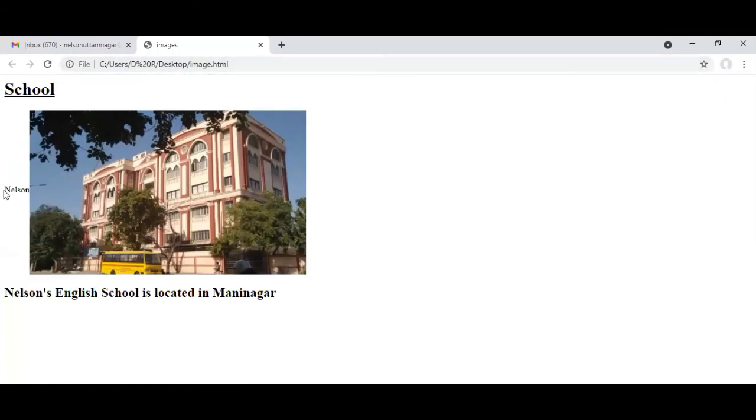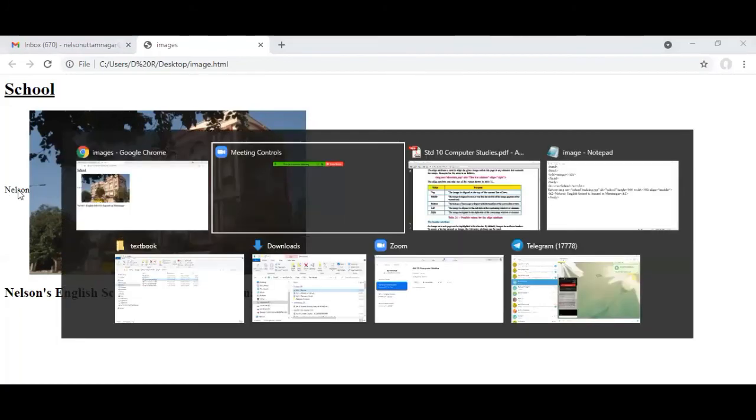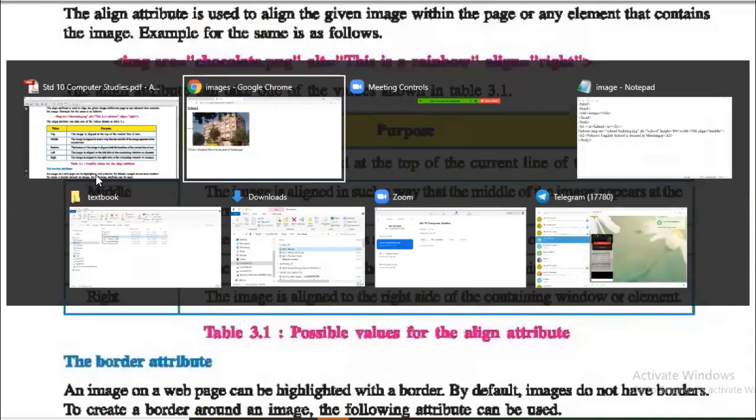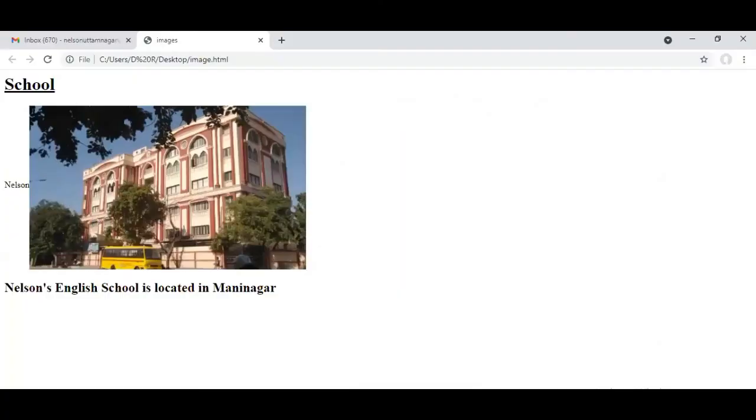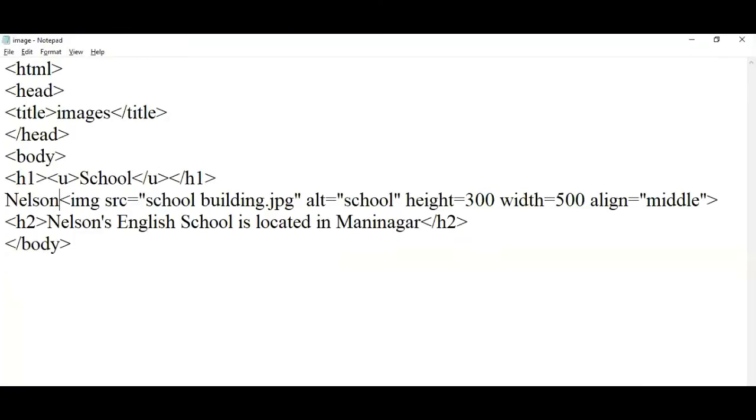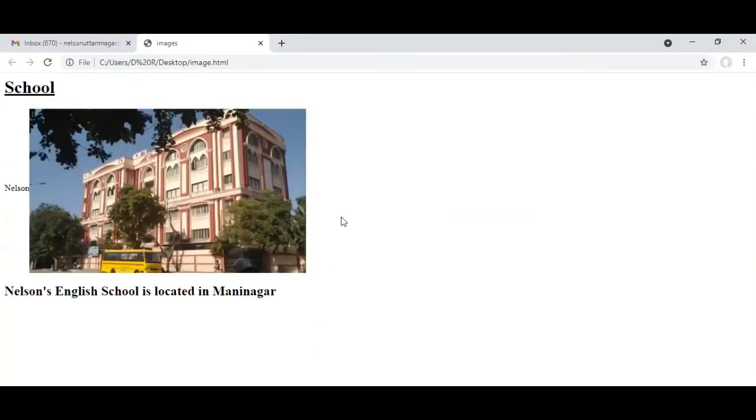Now you can see that this is text and this is image, and this image is middle aligned with this text. Next is top. Let's make it top. Save it, output, F5. Now that image is top aligned to that text.